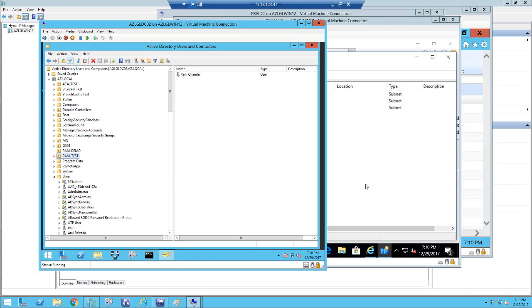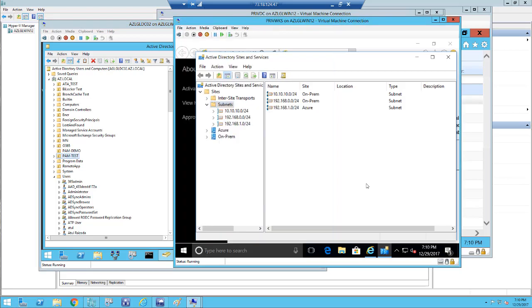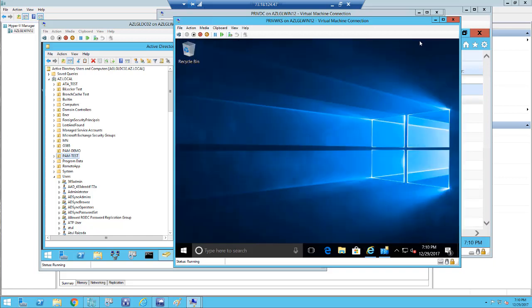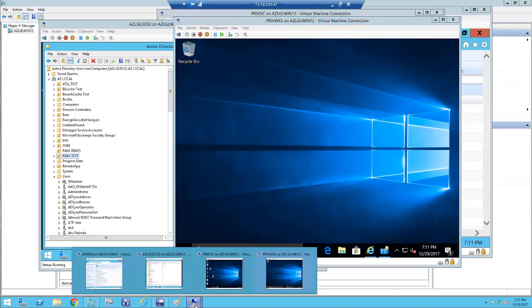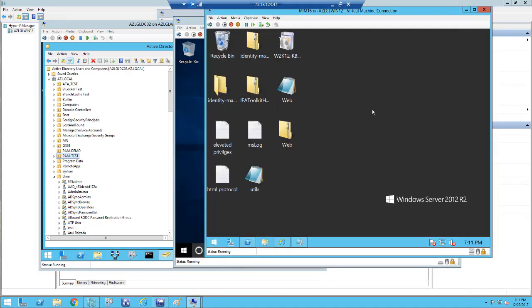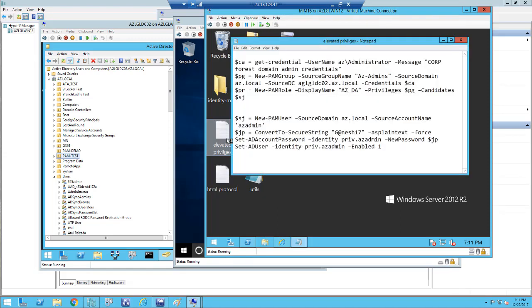Now we need to create these identities inside the priv domain so that we can create a Pam role as well, right? We call it a Pam role. So let's do this here. We are going to go to our MIM server. And here we're going to elevate the privileges. So new Pam user, source domain, source account name is,